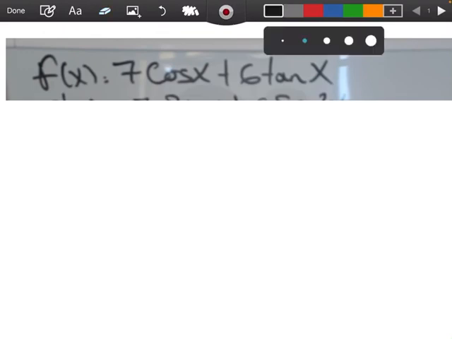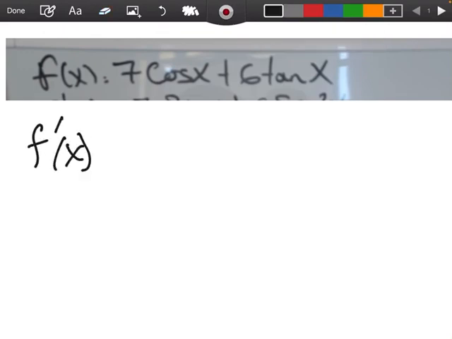Okay, so we're going to find the derivative of this function, and then we're evaluating it. I believe it was at pi over 6. So let's go ahead and do that. So we're going to find f prime at x, and so this is going to be